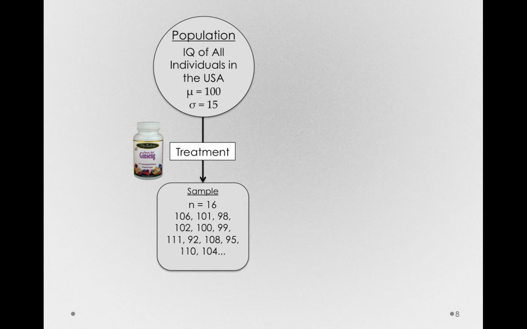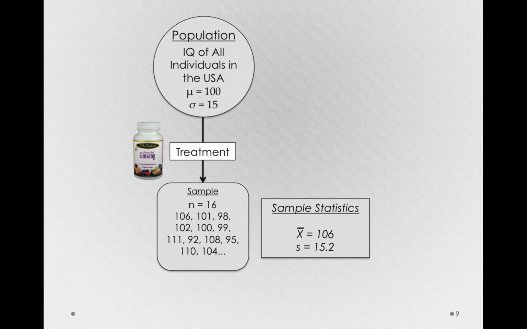After we've measured them, we would take an average. The average in our sample is 106. We also get a sample standard deviation of 15.2. Now, probably the most straightforward thing to look at here is how does our sample mean compare to the population mean? That is, does our sample mean reflect that population? Well, of course it's different. 106 is a different number than 100, but let's not jump to making an interpretation about the effect of ginseng